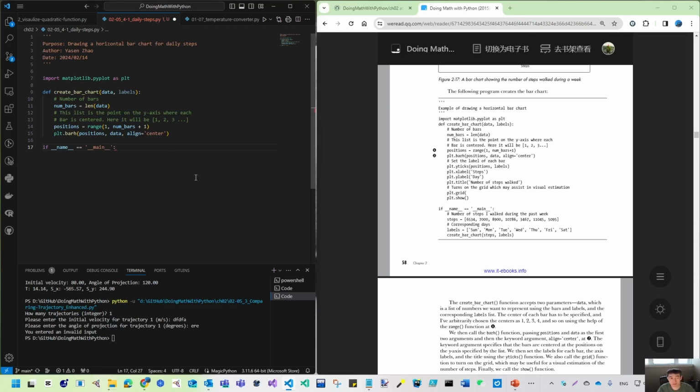This one is the main, and let's add our comments: number of steps I walked during the past week. The author also walked quite a lot. I also have a walking record, so let me check my steps. Maybe I can use that better. Daily, I got these steps. Weekly. Okay, I use my last ones. So steps starting from Sunday. Let's see, starting from Sunday. I put in the actual